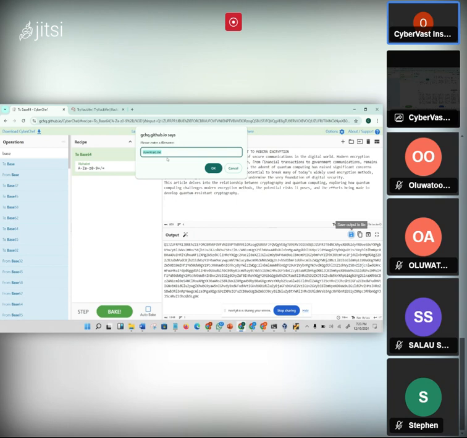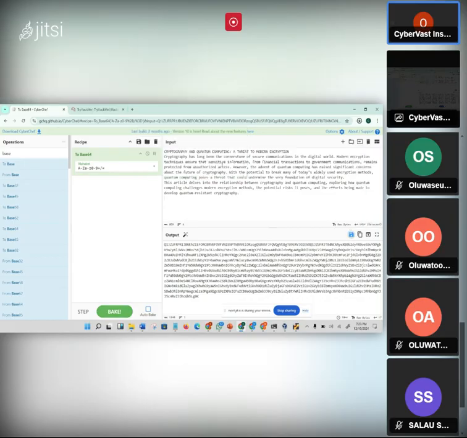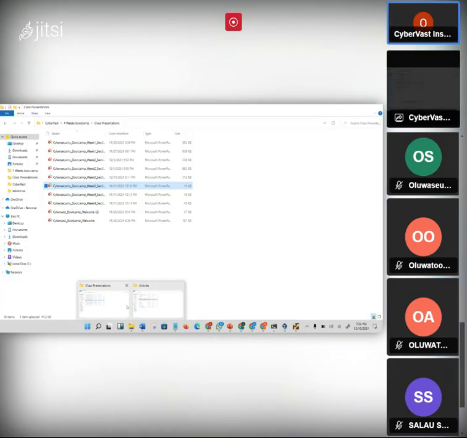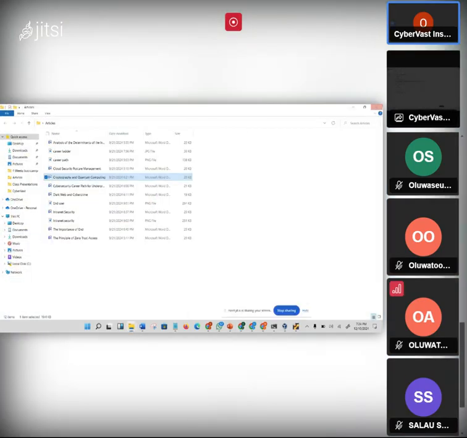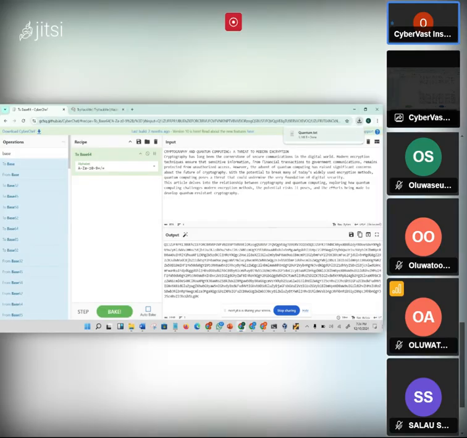So quantum, we'll save it, quantum.txt. We'll click OK. Downloaded. Can you see that? So automatically under my download, let's see. If I go under my download,